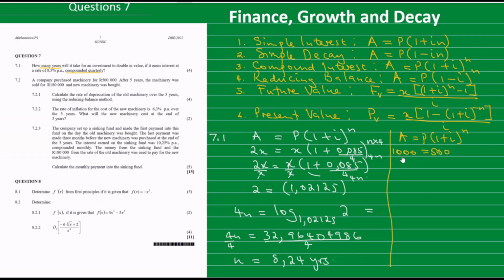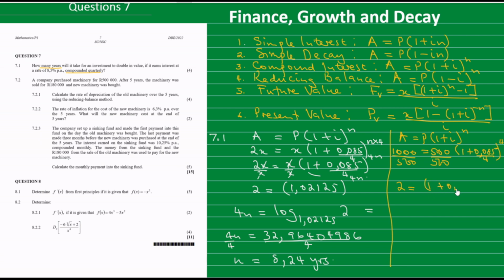You can take 3 here, then here you get 1.5, or if you take 100 here you get 50. Any value that you can pick, into 1 plus interest is 0.085 over 4 to the power 4n. 4n is the number of quarters. So you'll find that when you divide by that amount, 500, you will basically come to the same equation, which is 2 will be equal to 1